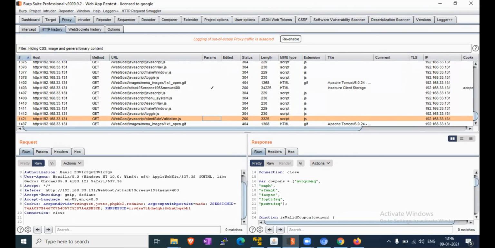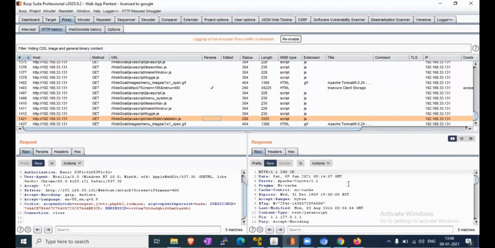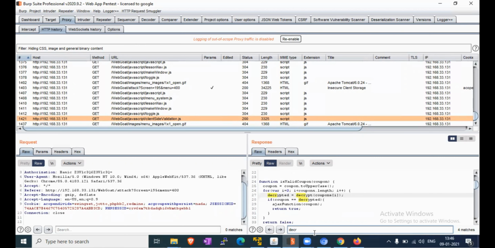Now we will check the raw file. Keep looking through the source code and notice the decrypt function, something like crypt. The function code decrypt, this one, we got code something, this type of event.